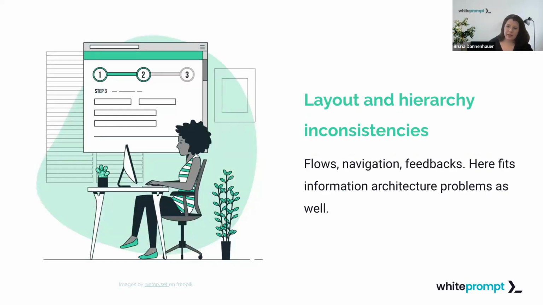Layout and hierarchy. Like I mentioned, if you have only pictures, you can do a design system analysis, but you can't do, for example, flows, navigations, feedback. It's what we analyze in this part. So any problems of information architecture fall here as well, right? And if there is something that's misplaced, or something that doesn't have the correct hierarchy, or the content is placed in a way that's not delivering the ideal message, here's where